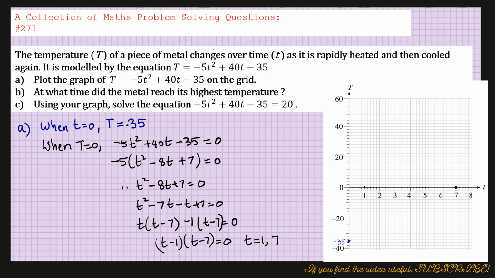Now we have to draw the curve. We need to know how high the curve will be. It's inverted, but we need to know how high it is. Because there are two solutions, we need to find the vertex. The curve is symmetrical, so we find the midpoint, and the midpoint is 4. Because the midpoint is 4,